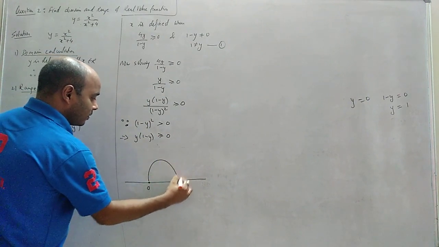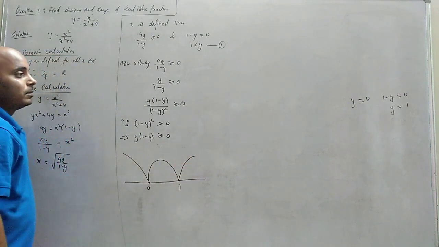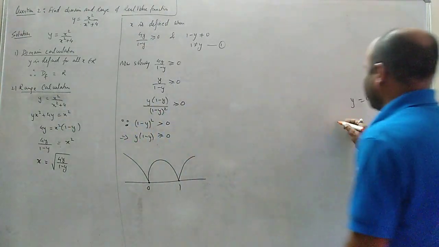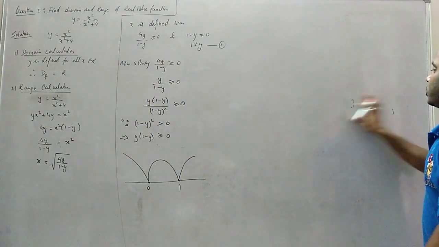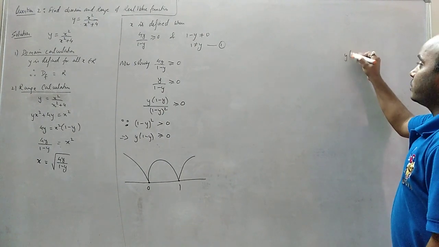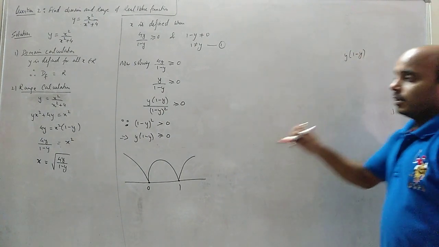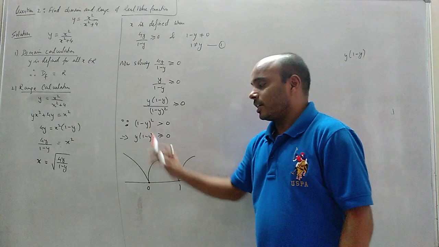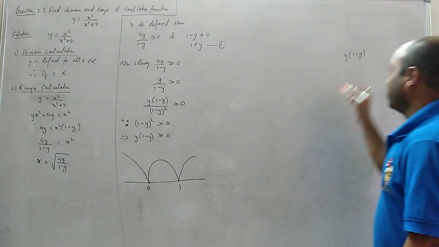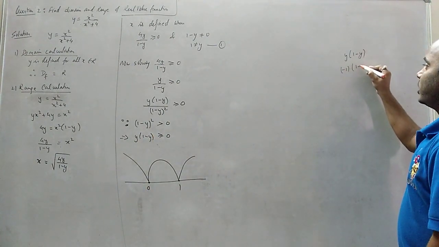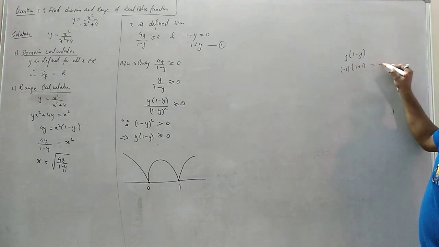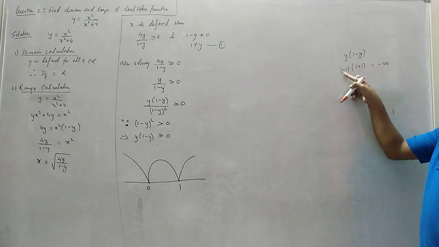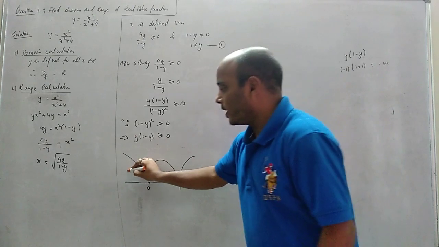Now make the waves. Now what's the next job? Class, what's the next job? The next job is you have to put in values and check whether this term will be positive or negative. So take a value less than 0, say -1: -1 into -1 plus 1. How much are you getting? Negative. Negative into positive is negative. So this is negative.